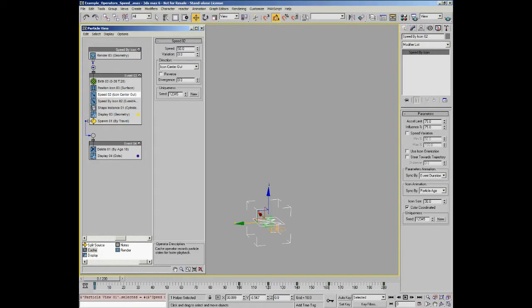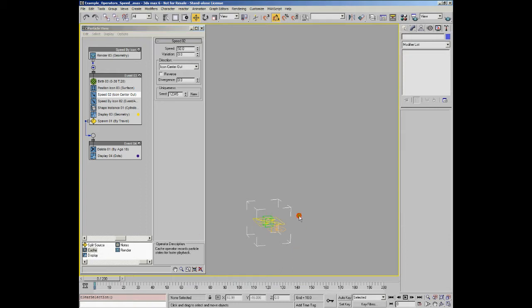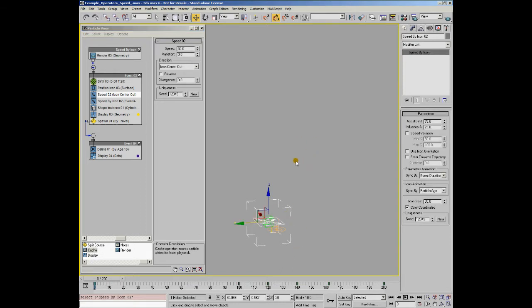The speed by icon function is to allow you to control your particles via an animatable target. In this case, it's actually a special icon that you can see here in the viewport. This allows you to create flocking behavior with your particles as they try to follow the animated icon. And this could be animated, for instance, to have some sort of random wobbling motion, and that can reproduce the bubble motion that used to be available in the legacy systems that came with previous versions of 3D